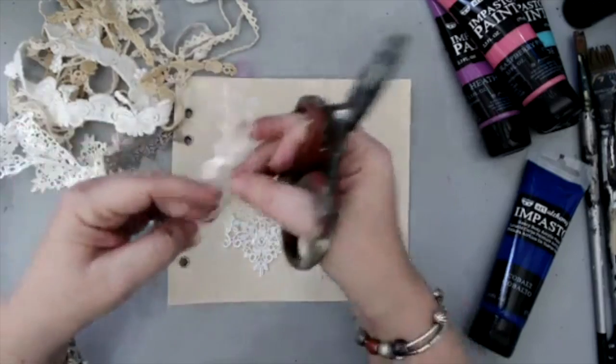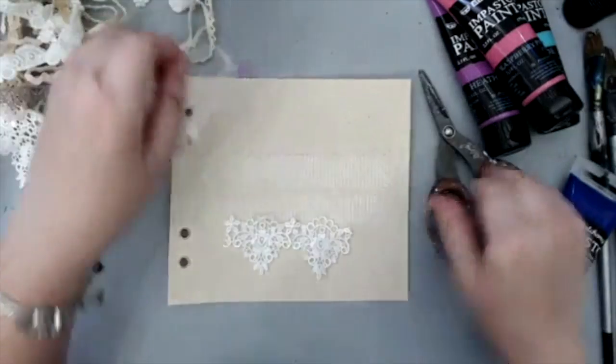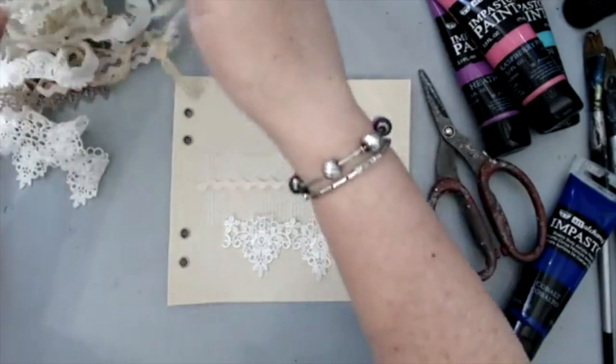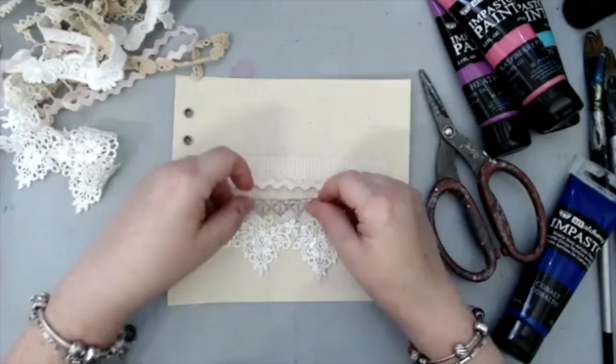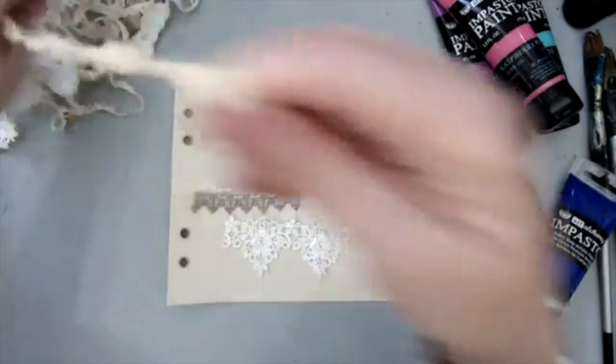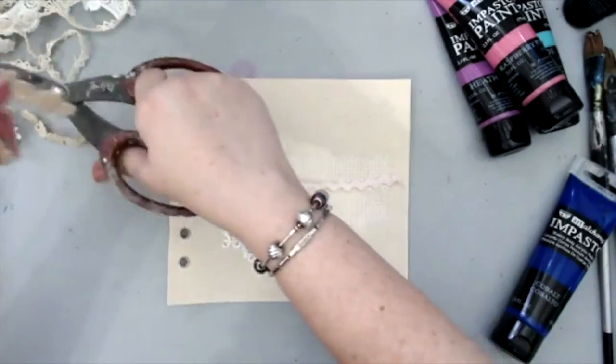I also have a little bit of this ribbon. So you can use ribbon, you can use lace, you can use all different things. Let's see what else we have here. There's this one. It's just really nice to be able to create texture with things. And all you have to do is just glue it